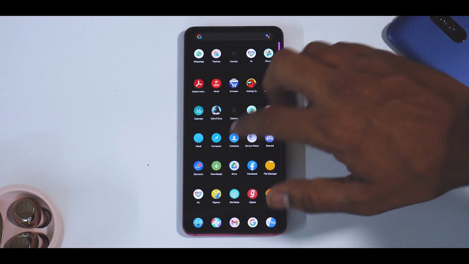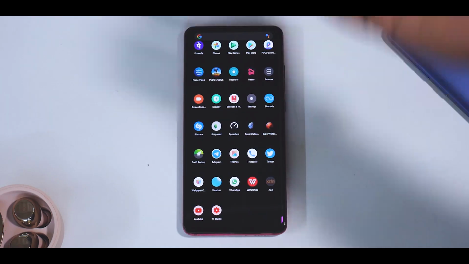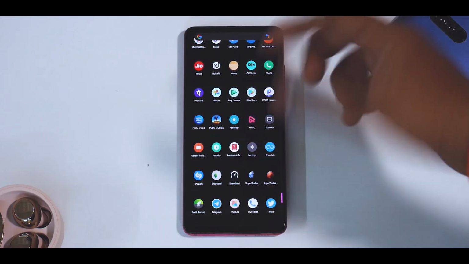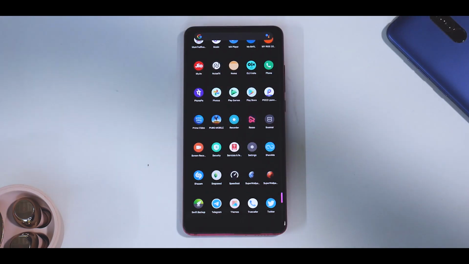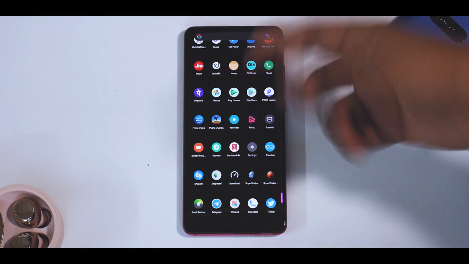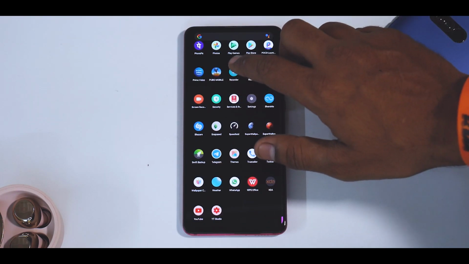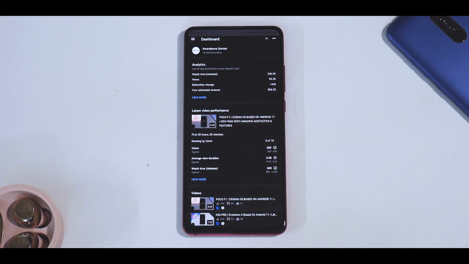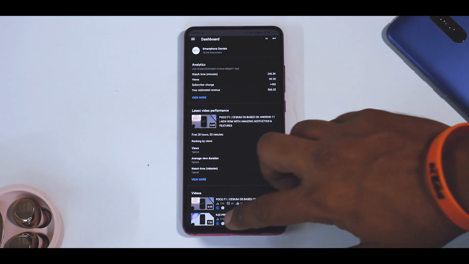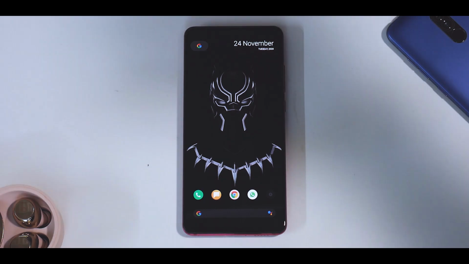Now, apart from this, talking about more applications, I do have Telegram, WhatsApp, PUBG Mobile. That is something which is very controversial. OLX is something I always have for whatever reason. Prime Video for watching online streaming content, and YouTube Studio is something that is very, very important for me because that is where I manage all my comments and all the video related stuff.